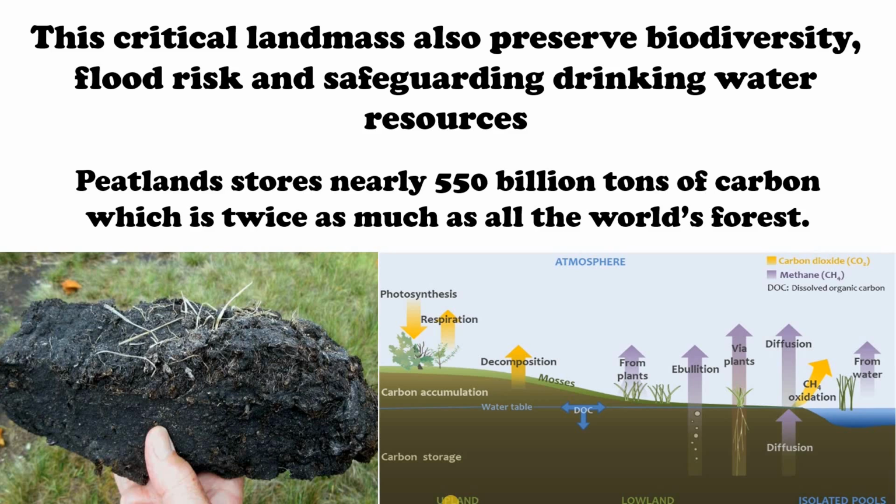Peatlands also play a critical role in storing carbon naturally. They store nearly 550 billion tons of carbon, which is twice as much as all the world's forests. Peatlands are one of the most dependable and trustworthy allies to win the fight against climate change. By conserving and restoring peatlands globally, humans can reduce emissions and revive an essential ecosystem that provides many services. But accelerating development is causing more damage than recovery. Damaged peatlands are a major source of greenhouse gas emissions, responsible for almost 5% of global anthropogenic CO2 emissions. Peatland restoration can reduce these emissions significantly.